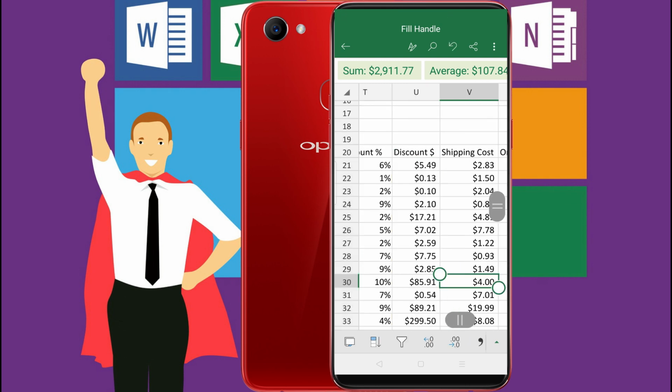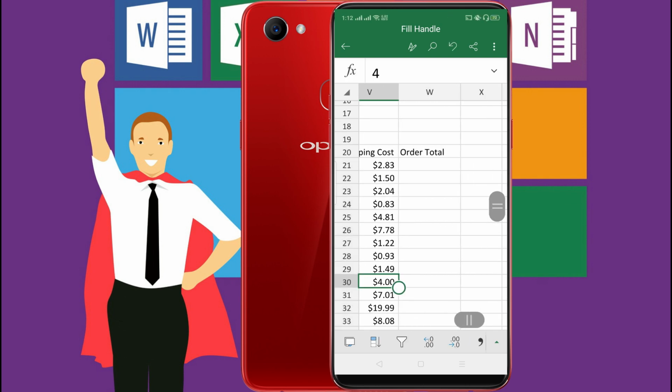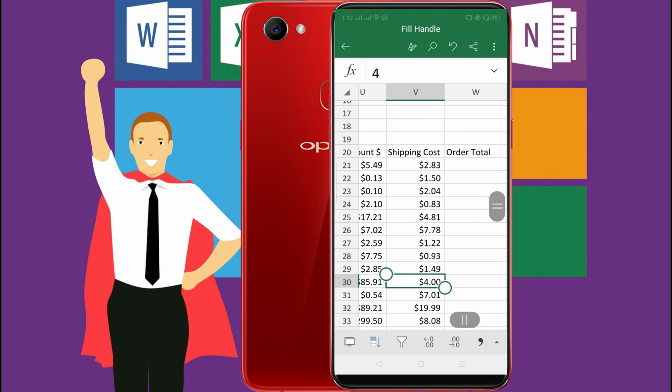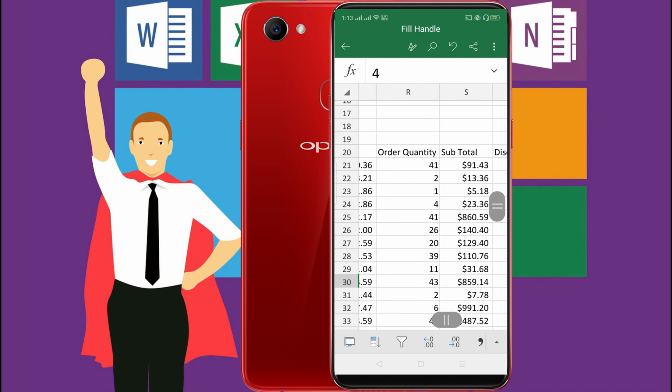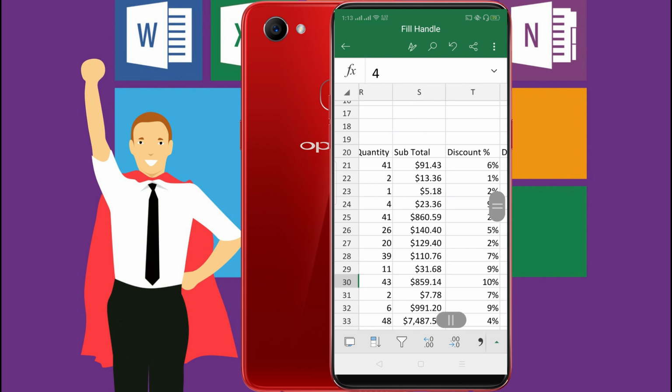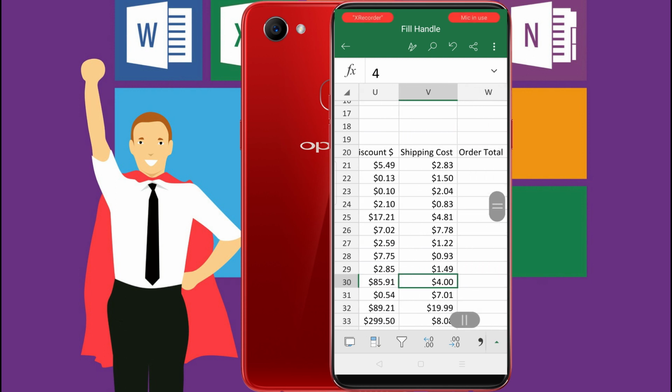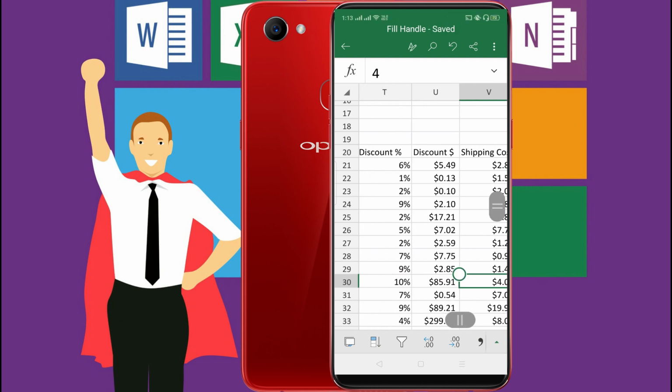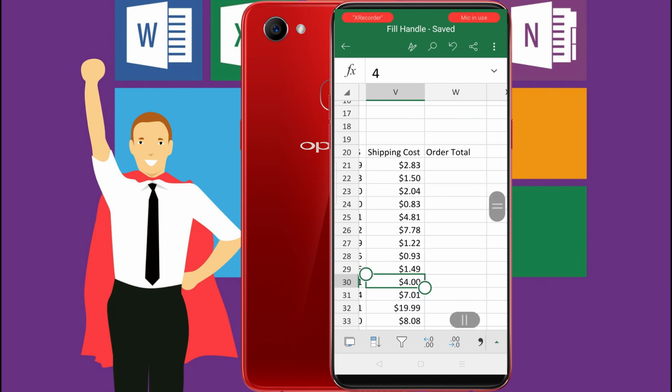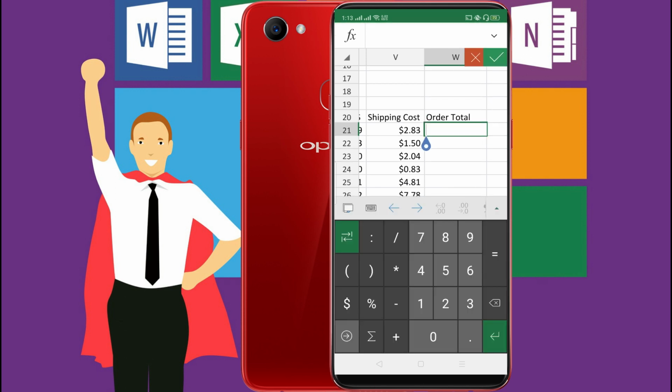Excellent. Now order total. If we want to count our order total, we have to add subtotal with shipping cost and then subtract discount. So this is a very complex formula, so let's try it.